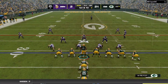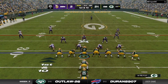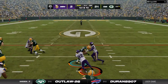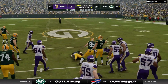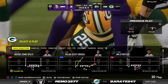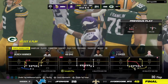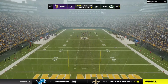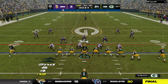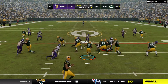About set to get this drive started. The Green Bay offense at the line. This drive here beginning probably with a pair of motivated groups. Remember, the offense scored a touchdown on their last time out. Looking to repeat that in Charles's defense. They were very frustrated after giving up 6 the last time on the field. And frankly, it's just a battle of wills in a lot of ways because you know they're both motivated. They both game plan for this drive, and they both have specific outcomes in mind. To me, it just comes down to who can execute better and which side can step up and assert its